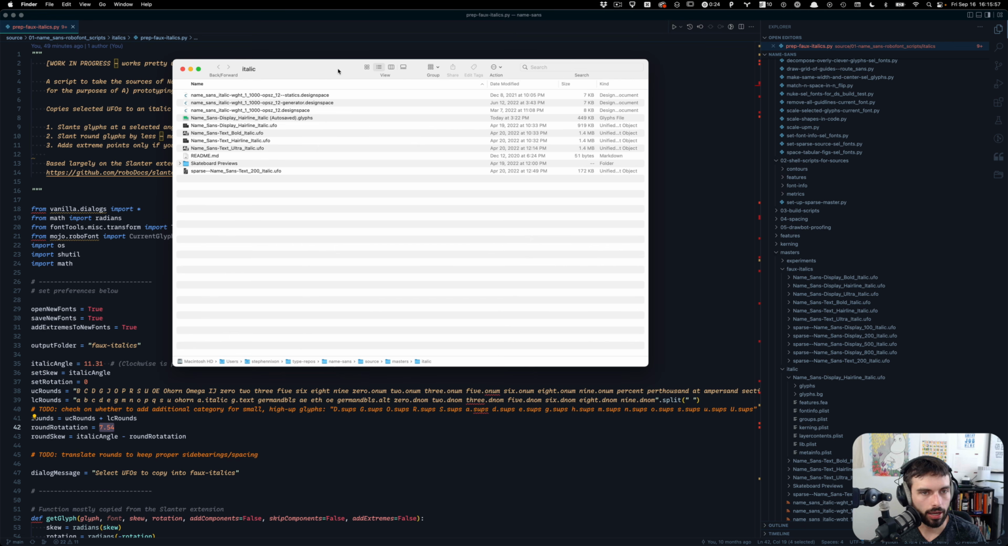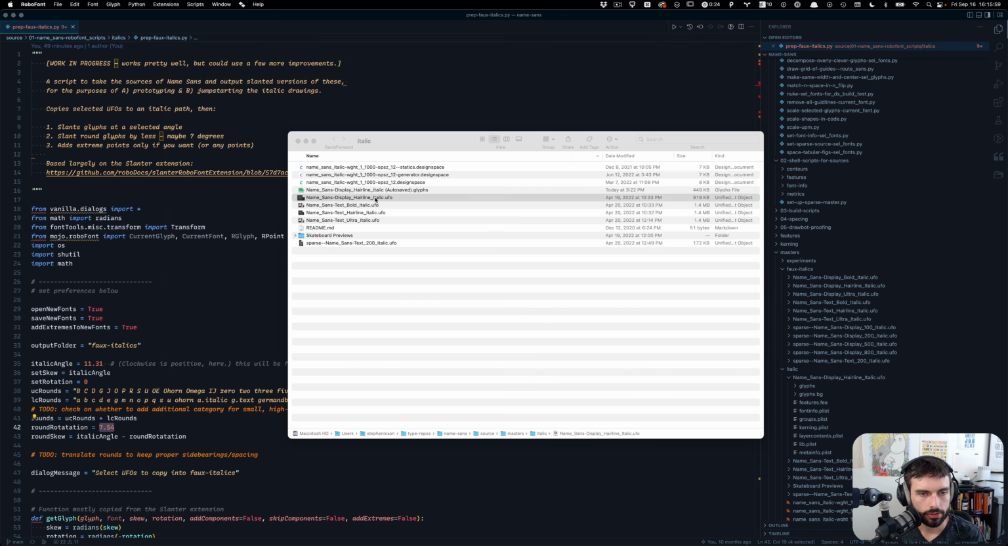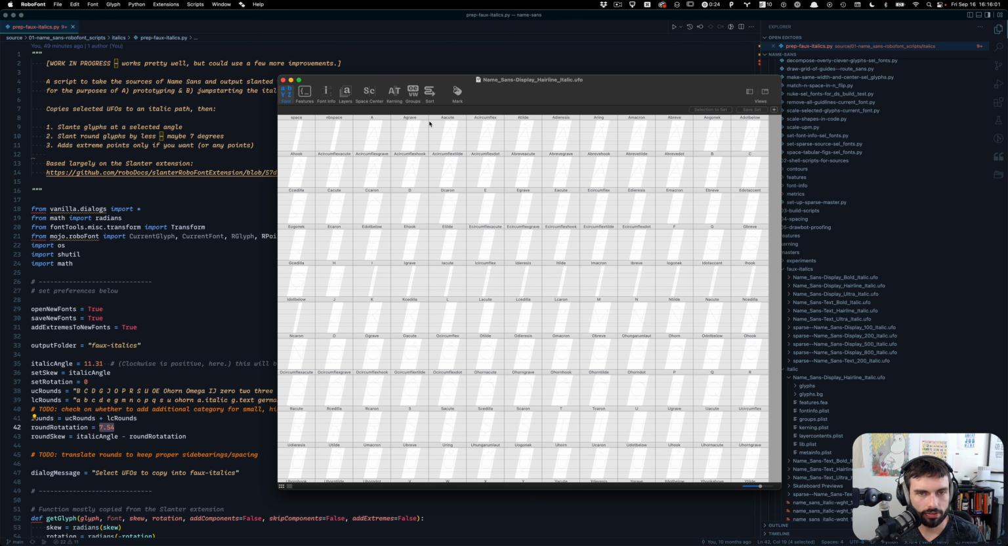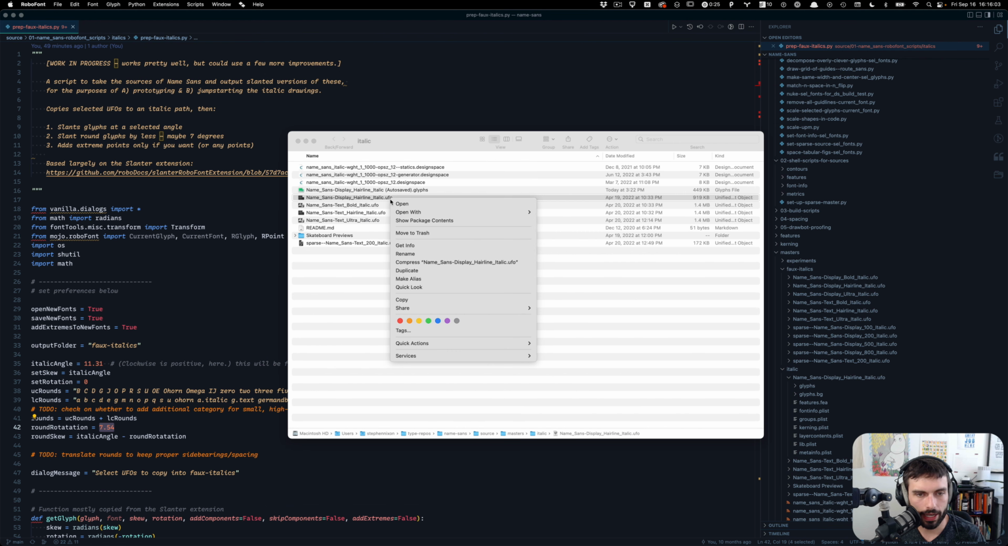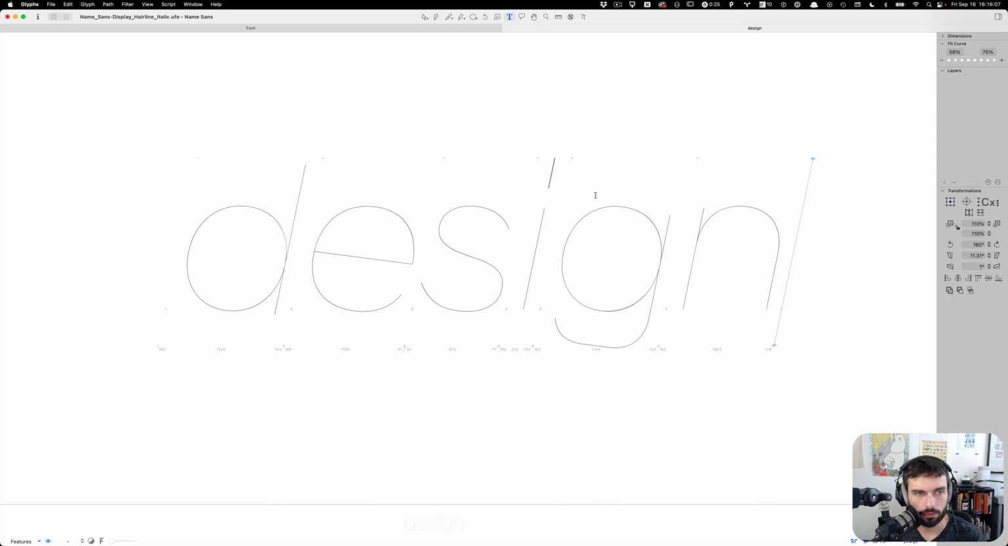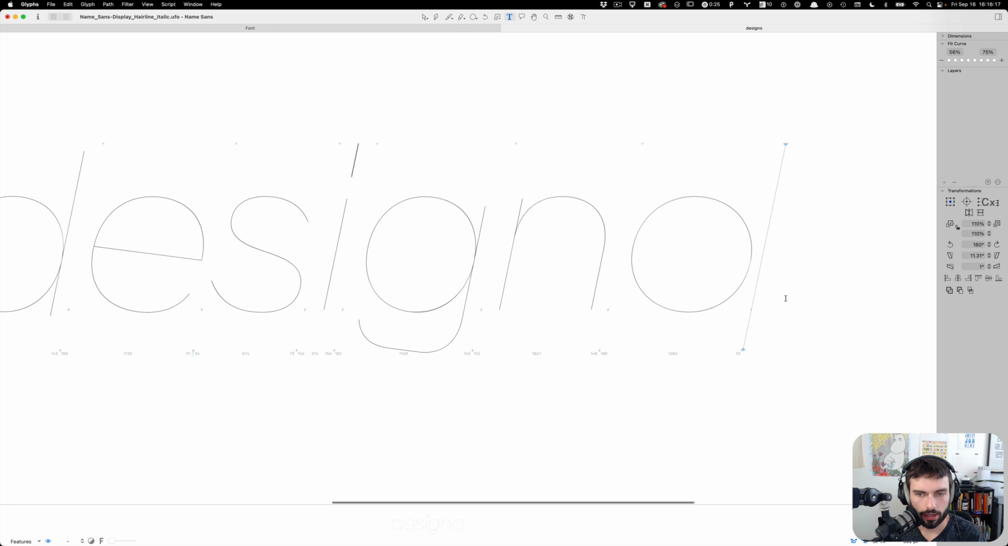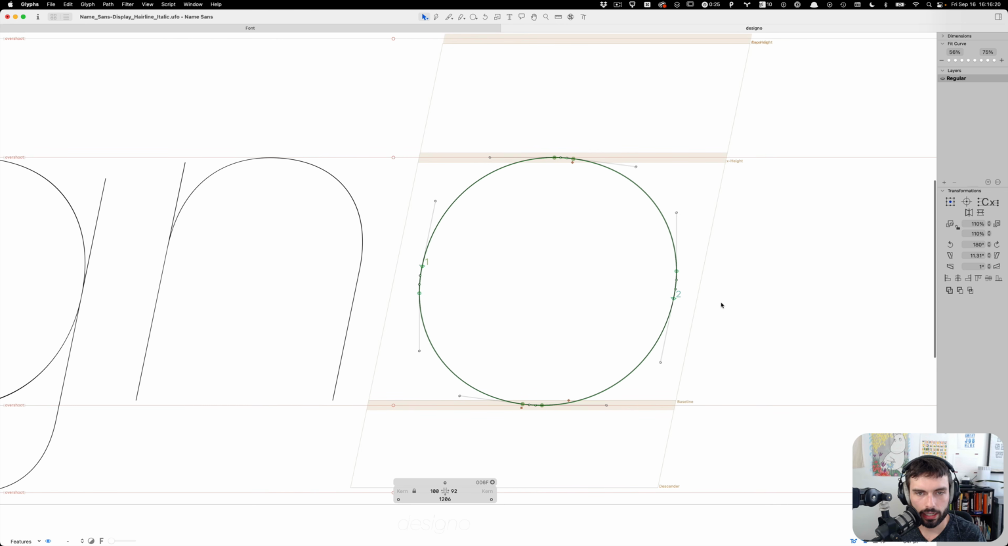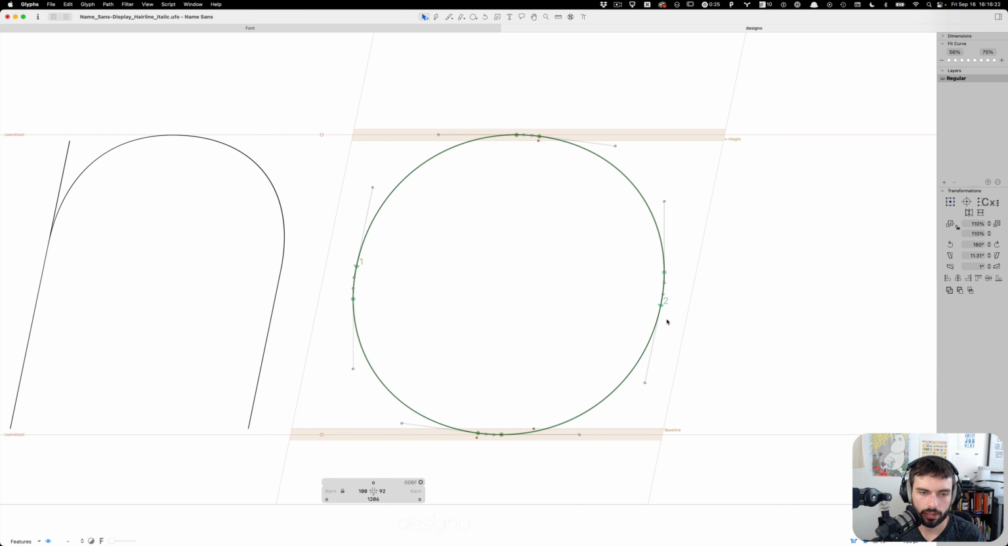So by default, the UFO is open in RoboFont. But as I said, I actually really love doing some of this bulk work in Glyphs, mostly because it's very excellent at adding extreme points and then deleting the ones you don't want. So one thing I better check is